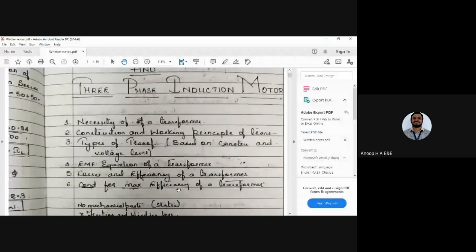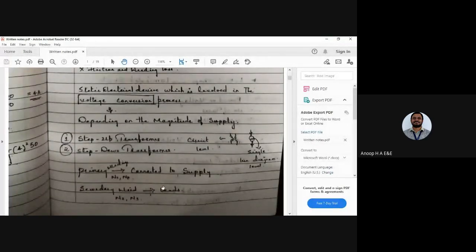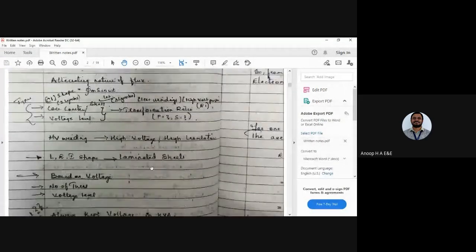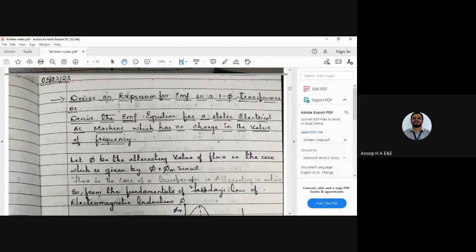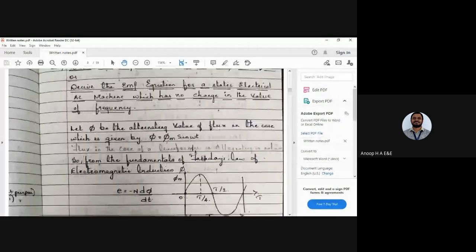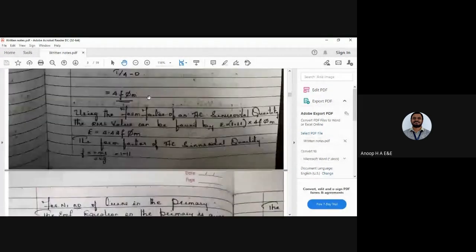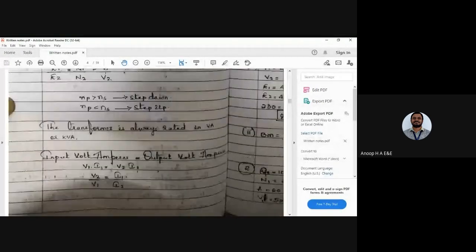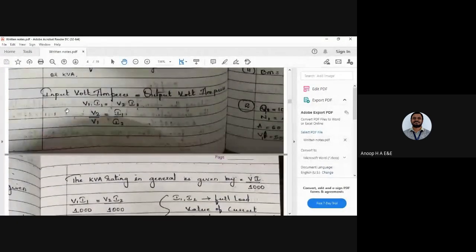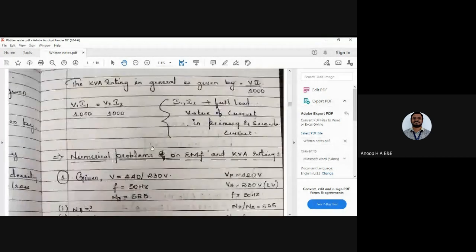Yes, so these are the notes we have here. We'll be having the step-up transformer. I'm just giving you a brief idea of how the question can be asked. Single-phase transformer expression. You need to make a note of all these things and revise one more time. You'll be having the transformation ratio, and we have input volt-amperes, which I told you right now: V1 into I1 would be equal to V2 into I2.